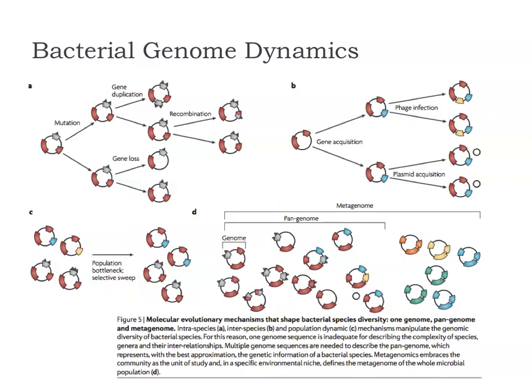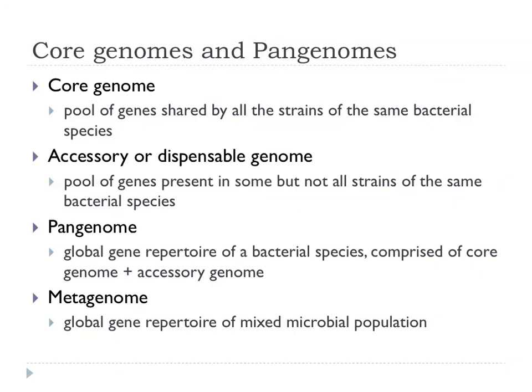This figure here, taken from a recent review by people from the Sanger and elsewhere, also summarises some of the same key points. So you have mutation, you have gene duplication, recombination, gene loss, gene acquisition, and various kind of ways in which you can look at population genomics. And we'll say more about what we mean by pan-genomes and so forth later. In fact, on the very next slide. So just to remind you,